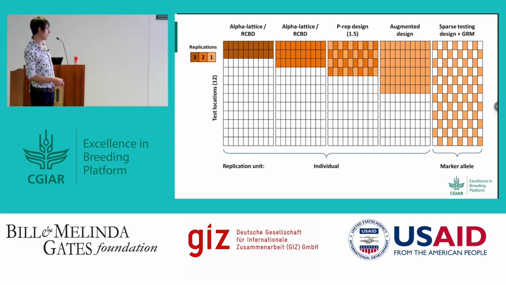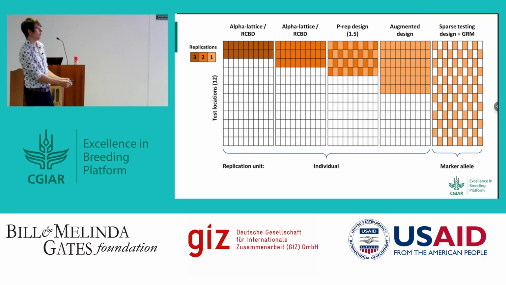Now this is when we still consider the individual as a replication unit. Now we're coming to sparse testing, which is again the most complex way to approach that, but it gives us a lot of opportunities. So if we now only put 50% of our set, which means not 10, but only 5 individuals in each environment, we can go to 12 environments instead of 2 where we started from. So this is a tremendous increase. I said that before, and we're going to get to that. This requires a genomic relationship matrix, because this individual is not tested here, and this individual is not tested here. To connect these and to figure out how this would perform here, we need the genomic information to combine this. So this is highly complex, but I said that also before,